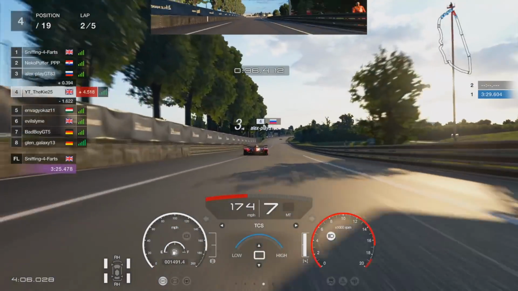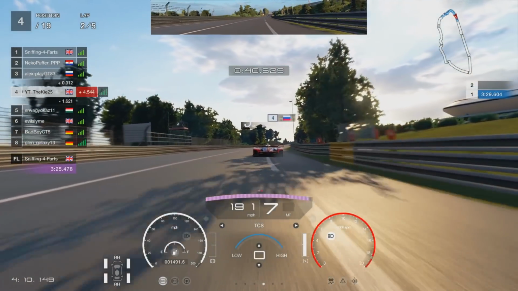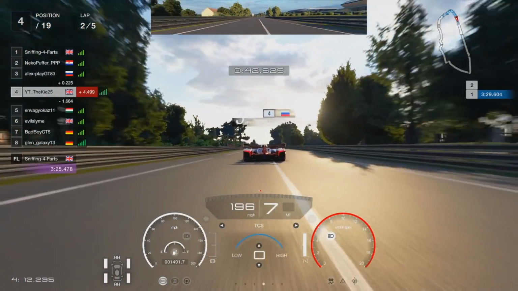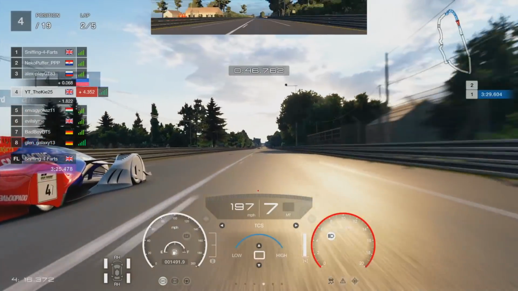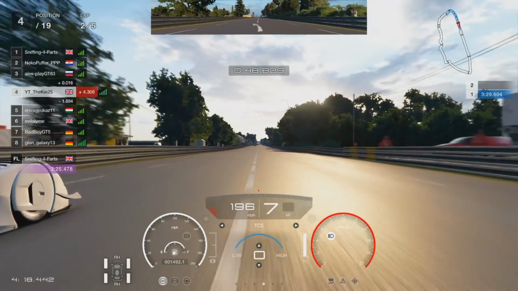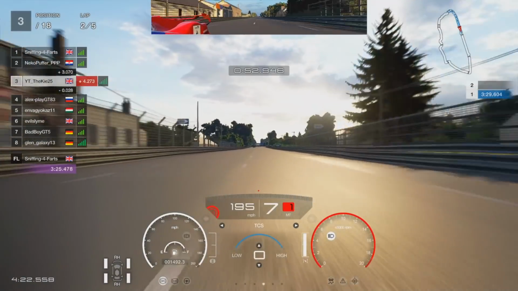We're in the slipstream to P3, so all we should have to do now is just follow behind him, and we should be able to get ourselves up into the podium position. And it doesn't look like he's going to fight this too much. You can see he stays in the racing line, lets us go down the inside. We're going to go up into P3, and that's a podium position for us